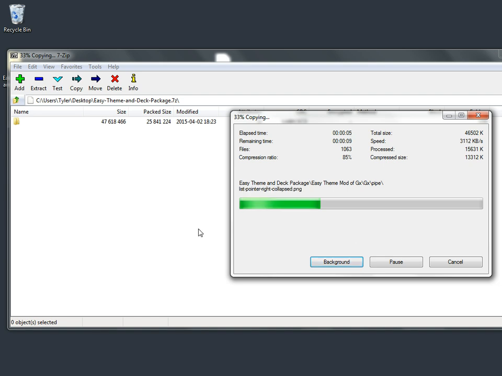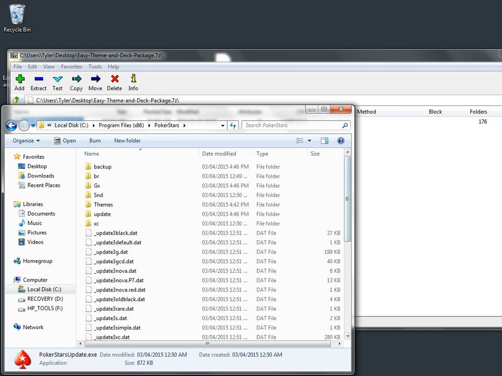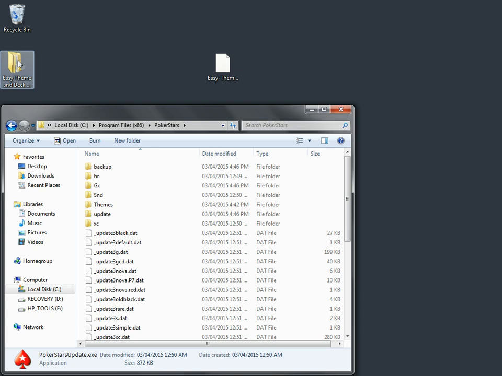The next step is going to be to locate your PokerStars folder. For most people, that's going to be in their C drive under program files. If you moved your Stars folder, just find it. And now, why don't we open up the Easy Theme and Deck package folder, which you see has been extracted